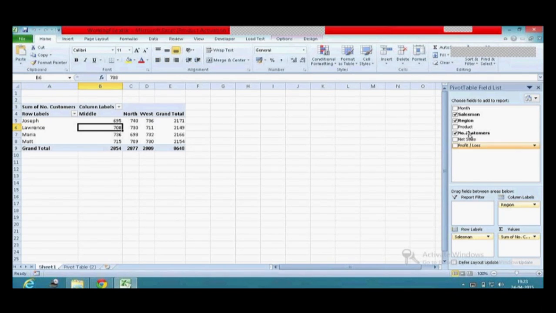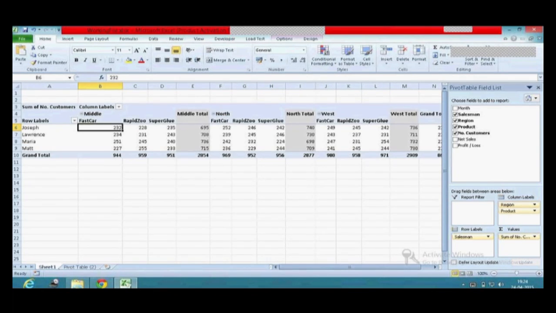But usually the difficulty with the column label is the scrolling. It looks like a very, very long table. Usually we prefer a lengthy table, lengthwise is okay for us. Breadthwise, a very long table is very difficult to handle. So I'm going to move the product from the column to the row.